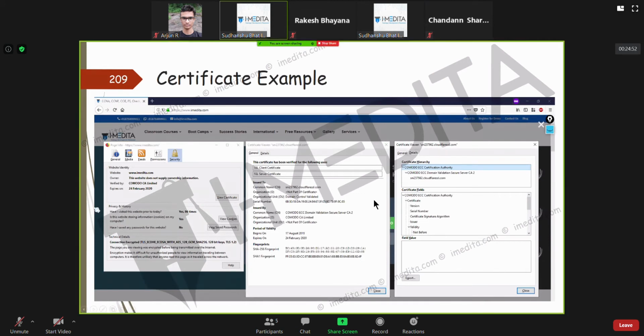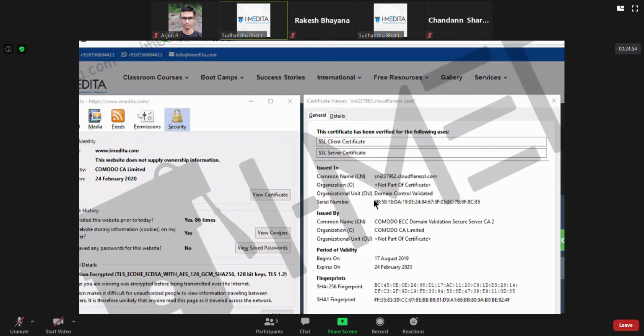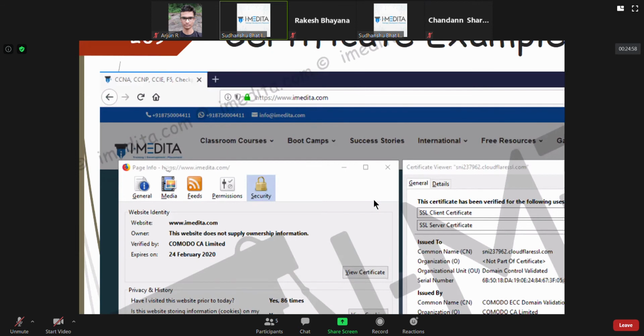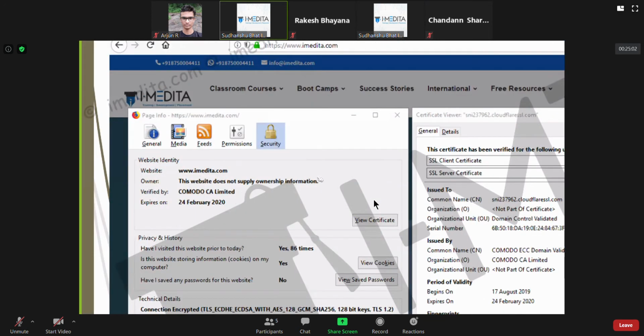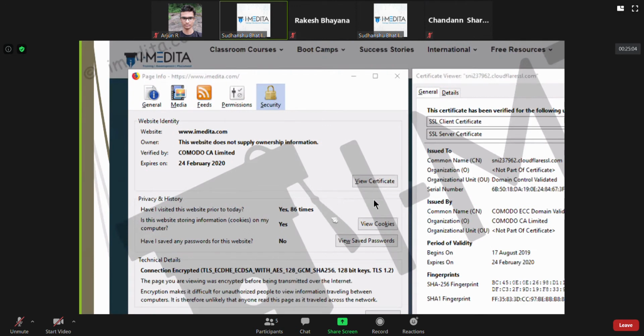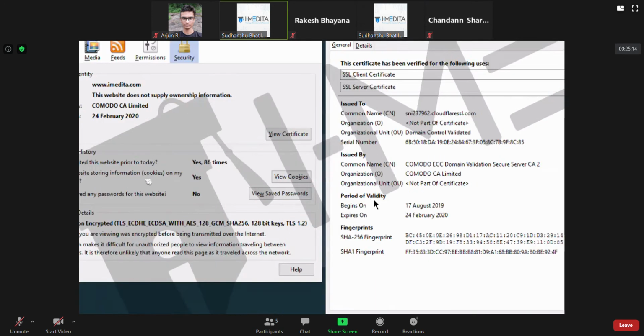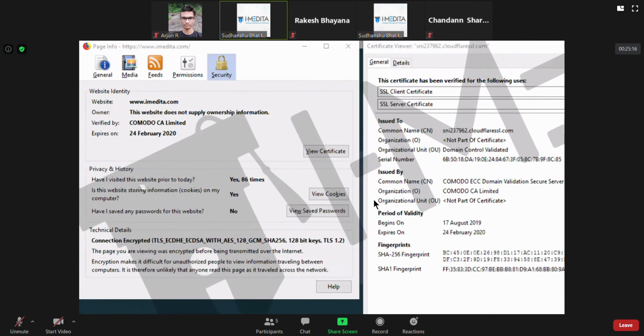Like if you see here, I opened imetiter.com and looked at the security. I click here, view certificate. Now, what you see here is that we, iMedita, got ourselves verified by Comodo CA Limited.